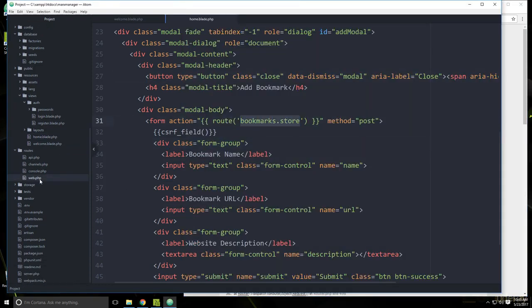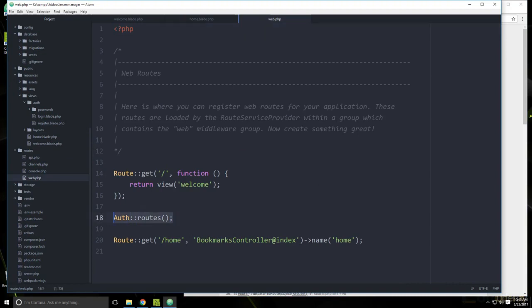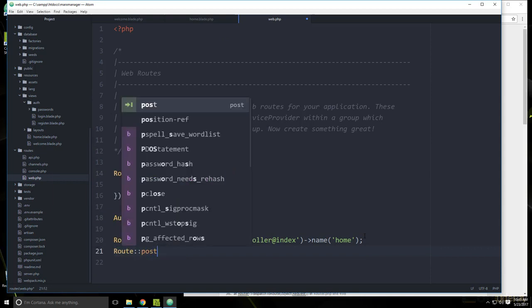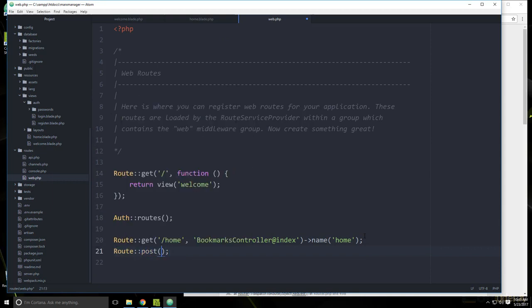So let's go down to routes web.php. And let's see, what we're going to do here is, let's go right here and we'll say Route, and it's going to be a post. Okay, so it's going to be post to store. And let's put an array here and we'll say as. And then it's going to go to bookmarks.store,